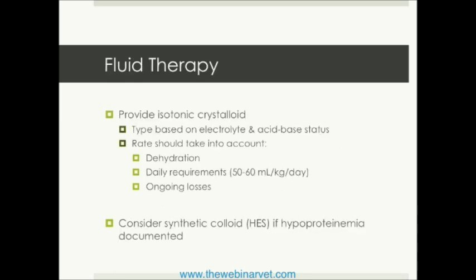Fluid therapy to support cardiovascular function is just as important in the postoperative period as it was in the preoperative stabilization period. We're typically reaching for isotonic crystalloids, and the type of crystalloid that we reach for is based on your patient's electrolytes and current acid-base status. I tend to stay away from normal saline, 0.9% sodium chloride. And I do that because remember that fluid is a very acidic fluid, pH of 5.5 or 5.6 depending on where it's made,